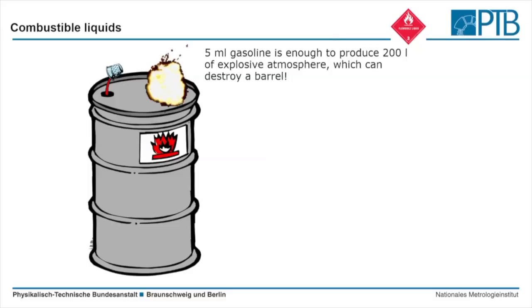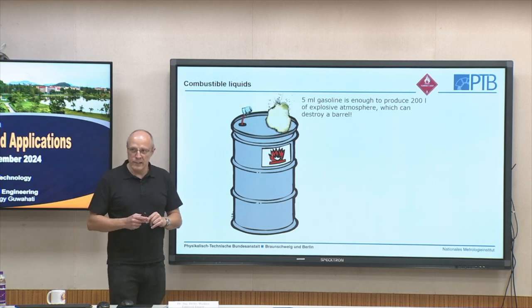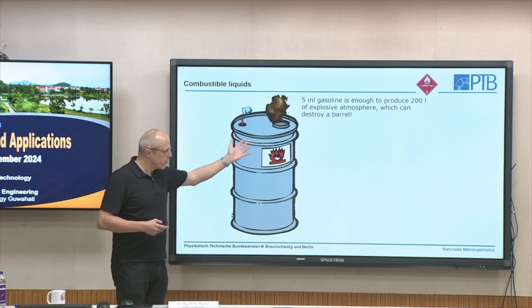And you have to consider that 5 milliliters of gasoline is a very small amount. So this small cup here produced enough explosive atmosphere in such a 200-liter vessel to have an explosive atmosphere. And so there are still accidents, so people should